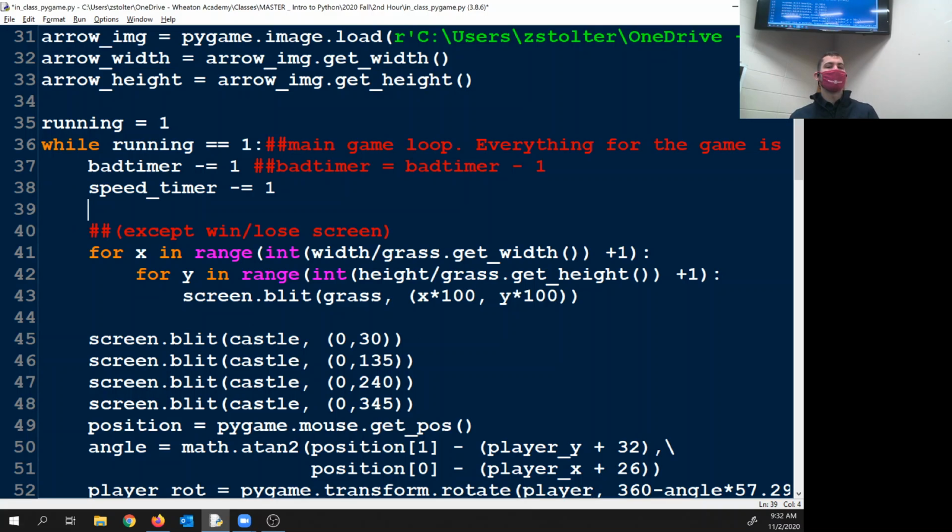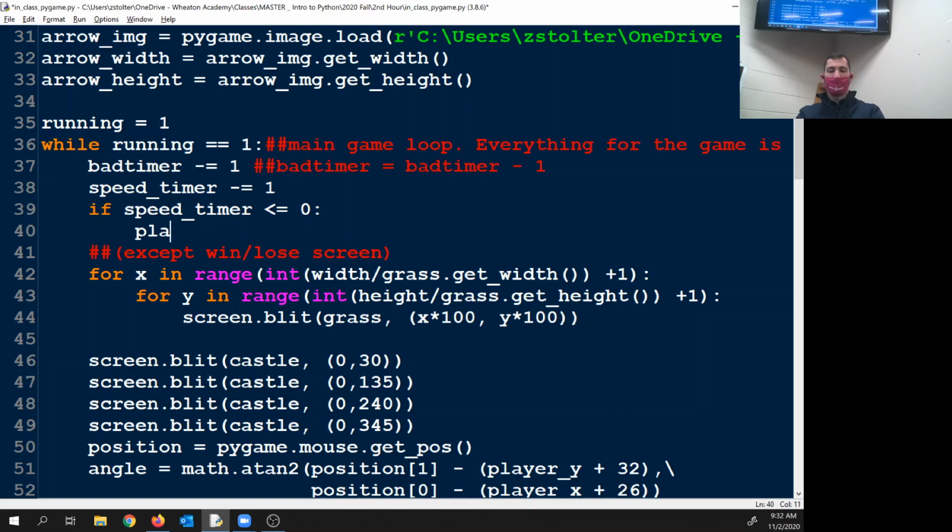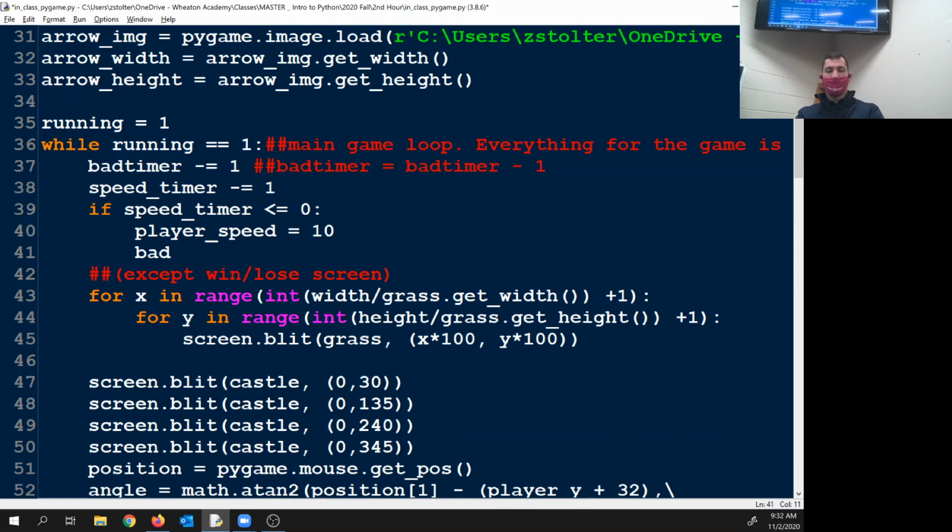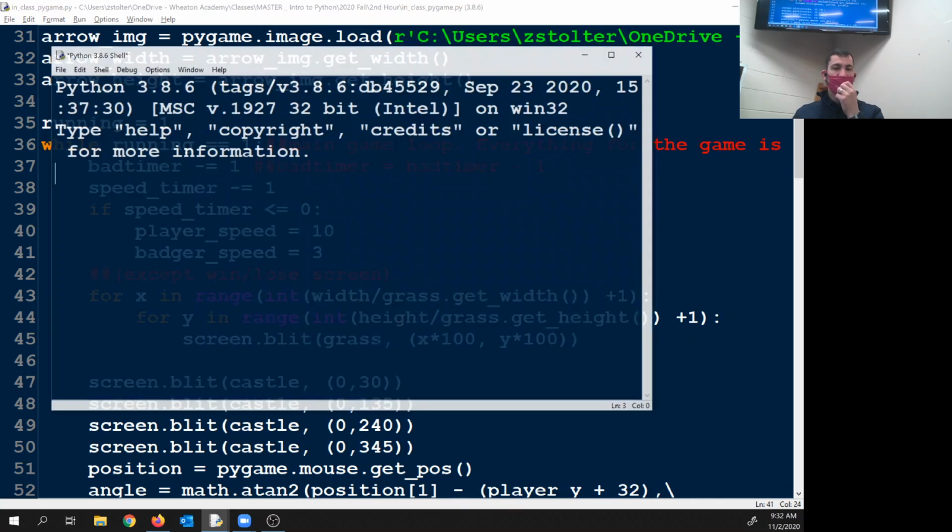You shouldn't put it inside any other loop. So if speed timer is less than or equal to 0, I'm going to do player underscore speed is 10 and badger underscore speed is 3. So now when I run this,